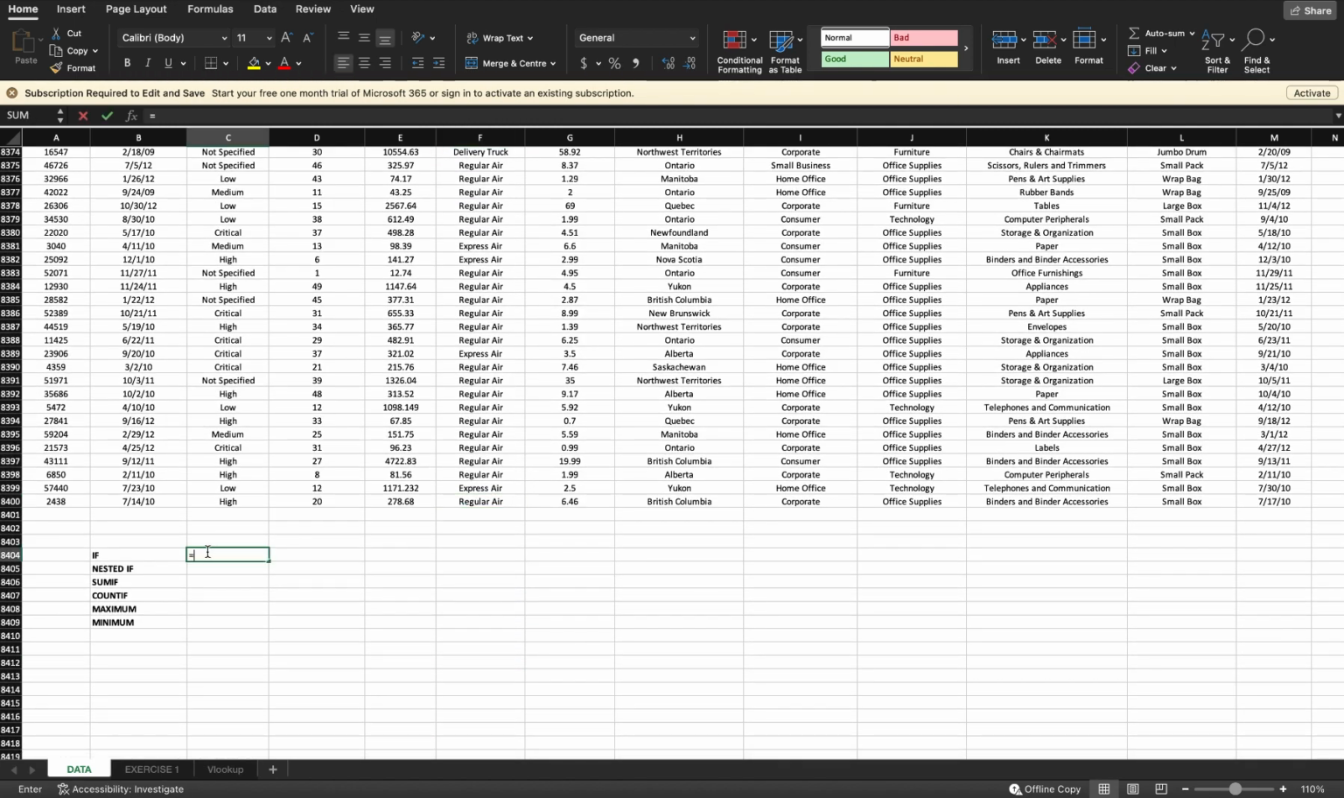We are starting with the if command. Remember, if you're going to type a formula in Microsoft Excel, you start with the equal to sign. So equal IF, F2 equals regular A. Remember, when you're typing text in your formula, you put the apostrophe. So if F2 equals regular A,